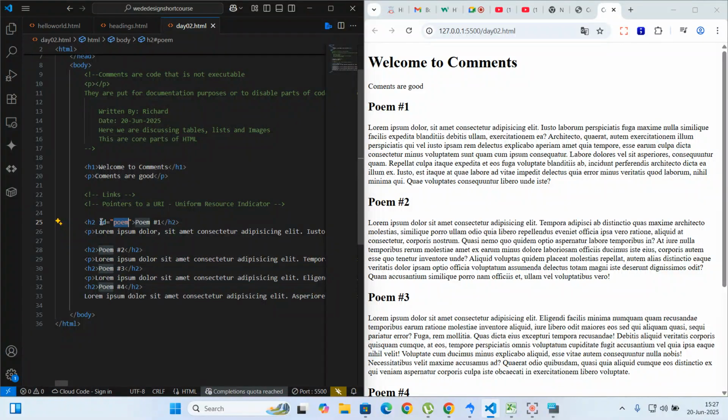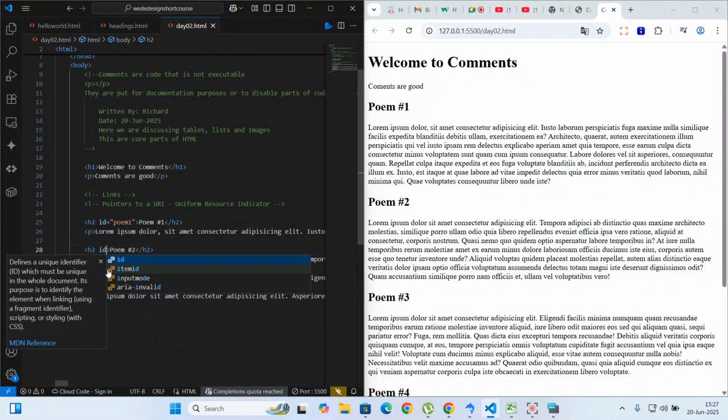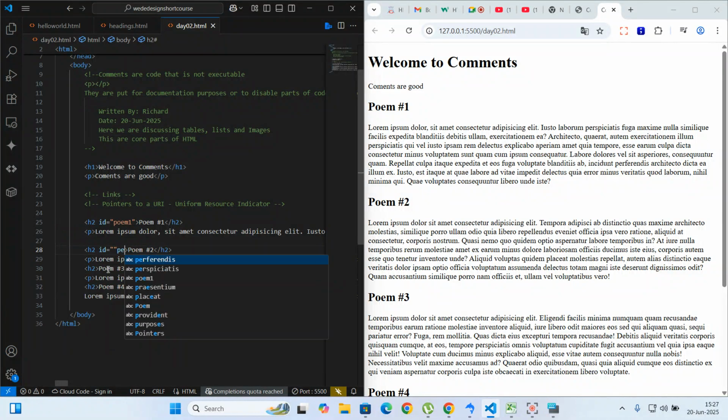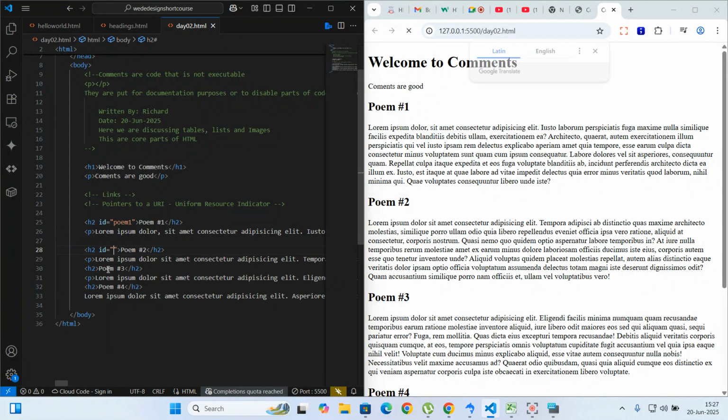So this H2 will tell me there is something that has an ID of poem 1. This one will have an ID of poem 2, right? Then this one will have an ID of poem 3,